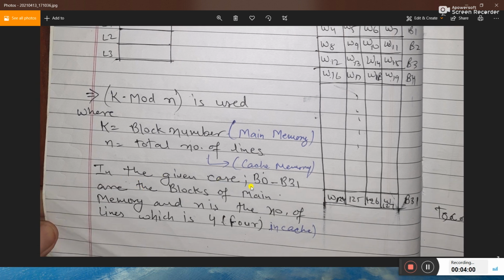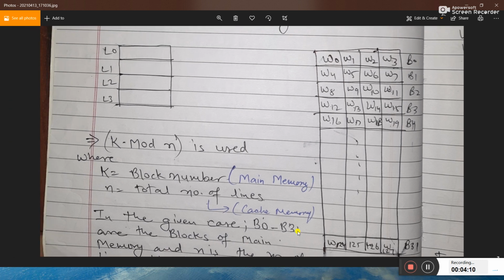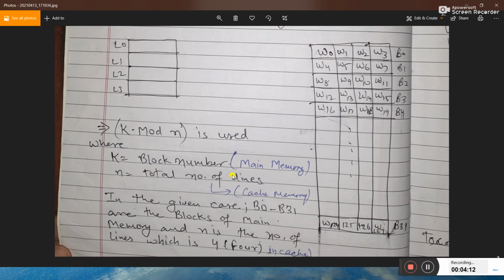So in that given case, in B0 to B31 there are 4 blocks. These are the blocks of the main memory, and n is the number of lines, which are 4 in cache. Okay, so now see,